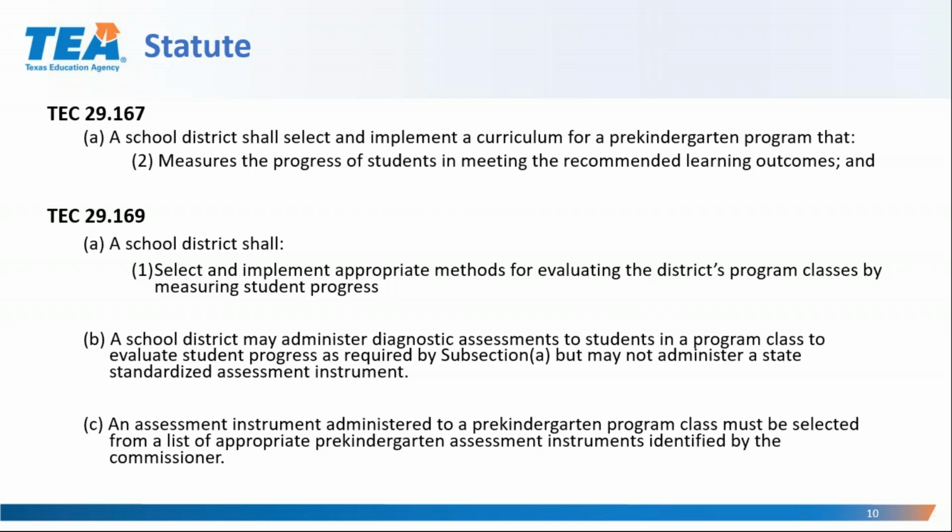In 29.167, it says, a school district shall select and implement a curriculum for pre-kindergarten program that measures the progress of students in meeting the recommended learning outcomes. So there you go. Now let's look at